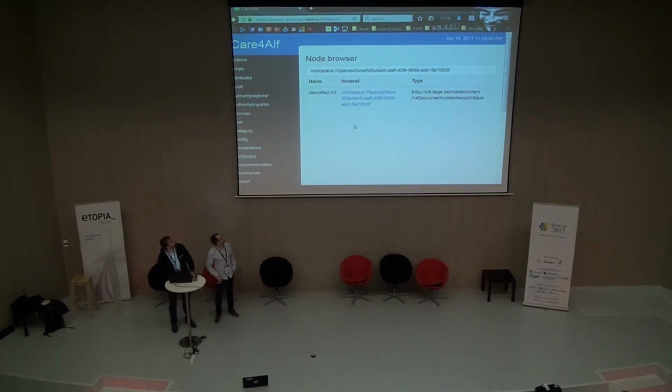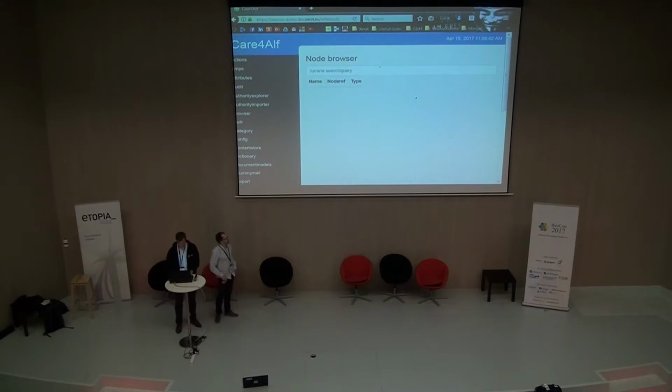You can just copy paste in a node ref or use an FTS query, and then it either gives you one result, no results, or a list of results. And then if you click on one of the node refs, it opens up the node browser page, and then you can see all the properties, types, aspects. The biggest difference from the other node browser from Alfresco is that you can